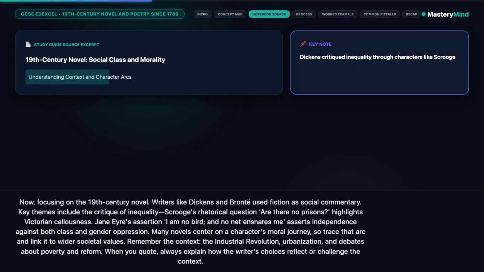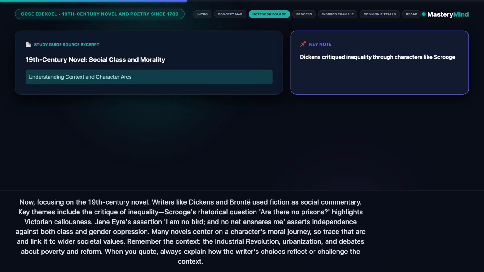Now, focusing on the 19th-century novel. Writers like Dickens and Bronte used fiction as social commentary. Key themes include the critique of inequality. Scrooge's rhetorical question, "Are there no prisons?" highlights Victorian callousness. Jane Eyre's assertion, "I am no bird, and no net ensnares me," asserts independence against both class